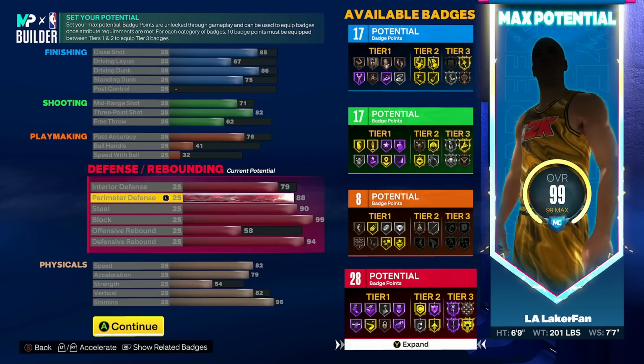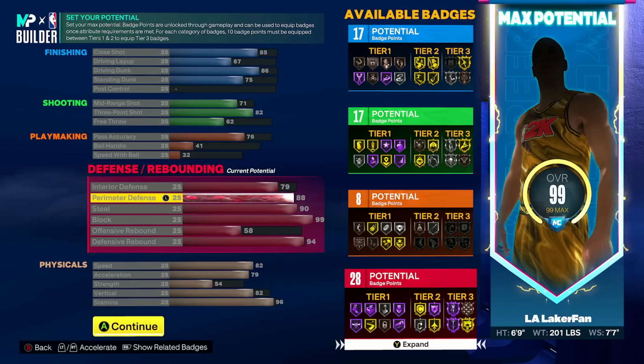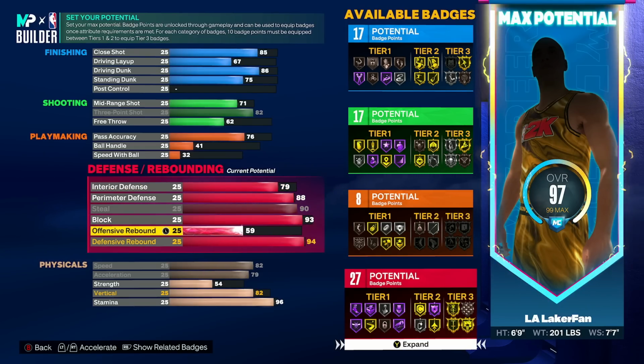And then for the defense, now this is where we're going to have a pretty deep conversation as far as what we should have, what we shouldn't have. The model that I'm going to showcase right here is with the 99 block Hall of Fame Anchor. Now, to be honest with you, this is a little bit overkill. I think the ideal way to make the build may actually just be 93 block rating, because then as you can see, you can really juice up that offensive rebound all the way to